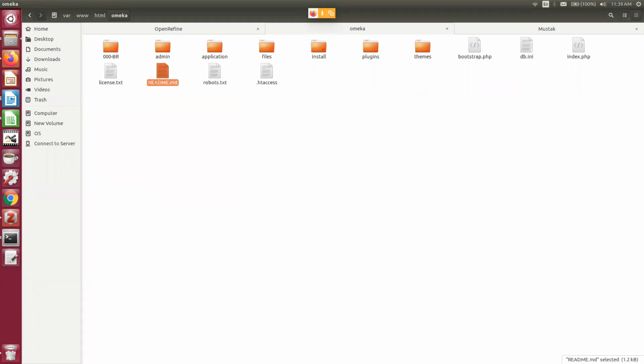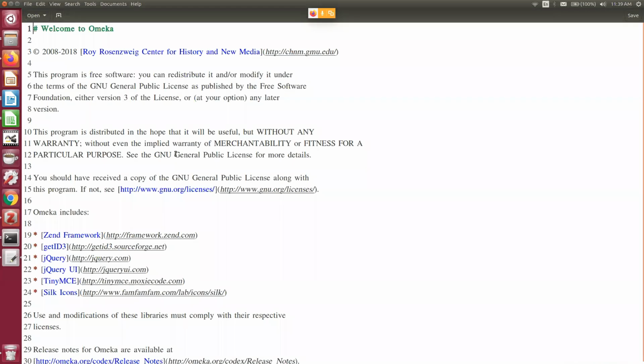If you go through the README file in each and every software, they give a very brief kind of instruction of what you need to do in a nutshell. You better read it for each and every software you are going to install, because I will not be there to guide you in installing each and every software, but each and every software will have a readme.txt file or readme.md file.